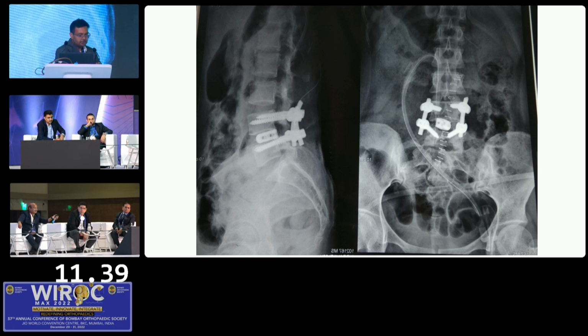Okay. I would like to come to Arjun. How do you decide and assess the cage height? Is it all intraoperative field, or do you have any other specific methods? And do you do TLIF or PLIF, and how do you decide that? So yes, it is the preoperative planning, the intraoperative field, and the intraoperative check with the spacer.